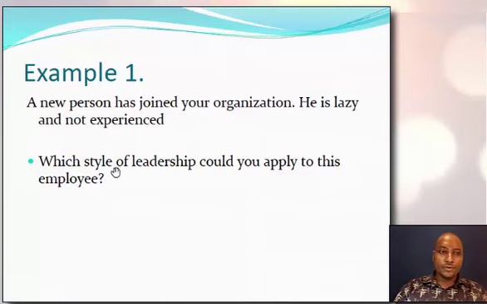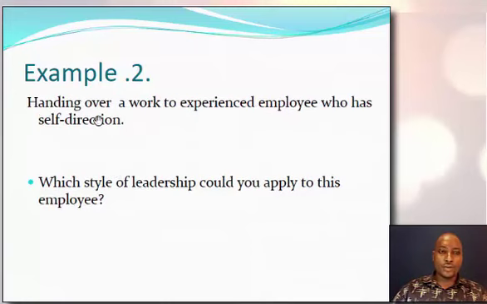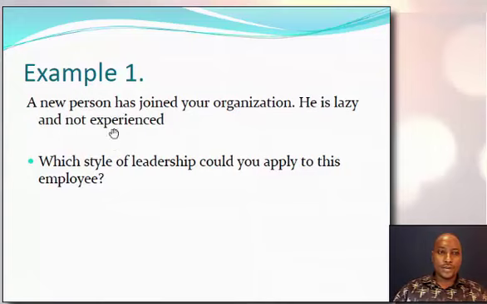And then we have example number 2, where we have an employee who is experienced and is in your organization, and you have left a task to him or her, and now as a leader you have to decide which leadership style you would apply to this kind of situation. So in these two situations, example number 1 and 2, you have to think about which leadership style would be relevant. For example, if a follower is not experienced, I would think of